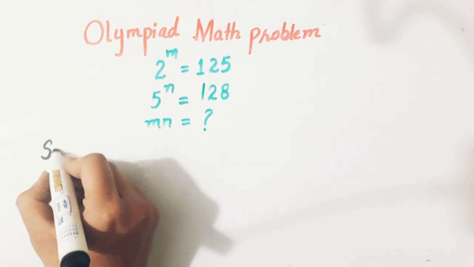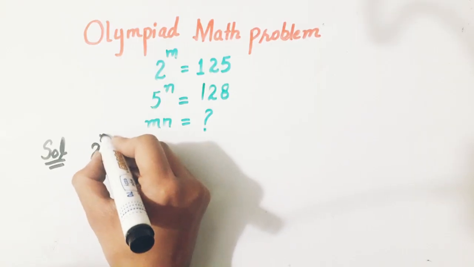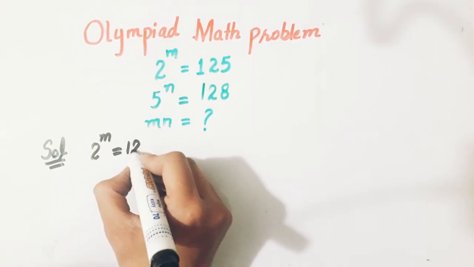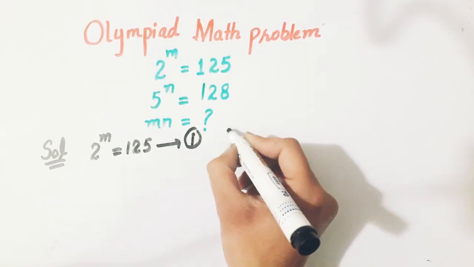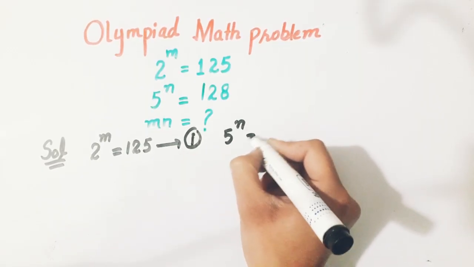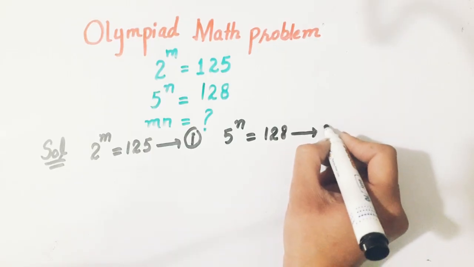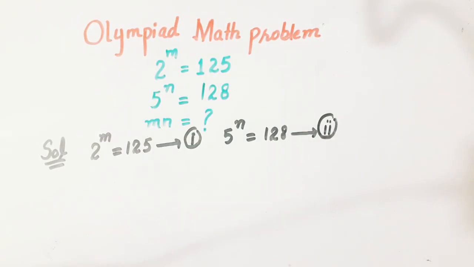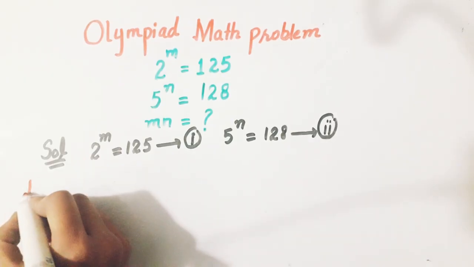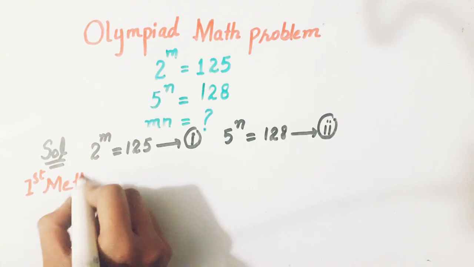To solve this question, first of all consider 2 raised to power m equals 125. This is equation 1. And 5 raised to power n equals 128. This is considered as equation 2. Now we will solve this question by two methods. So the first method is